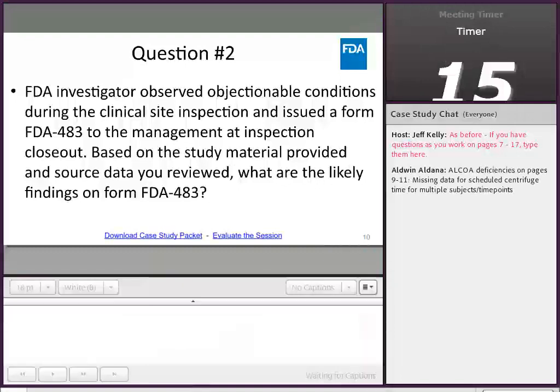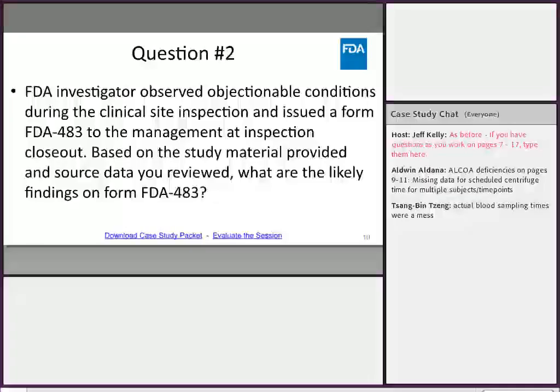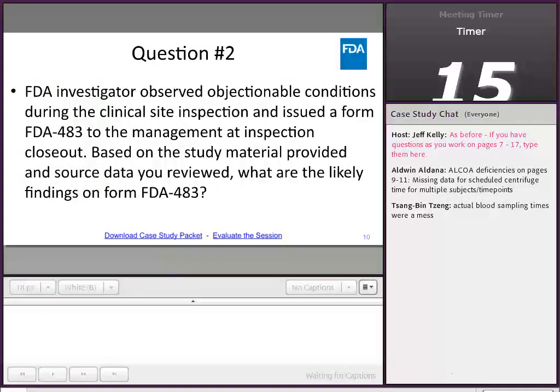While you're going through the materials, that might help you. Please do type in your questions if you have questions about